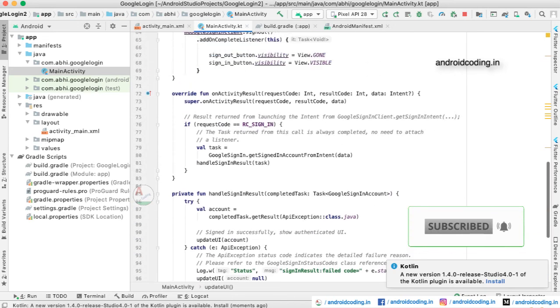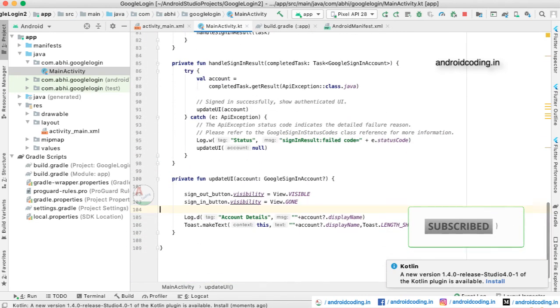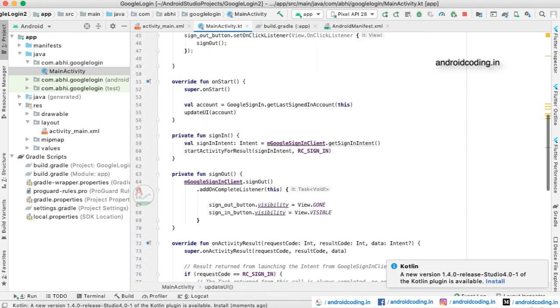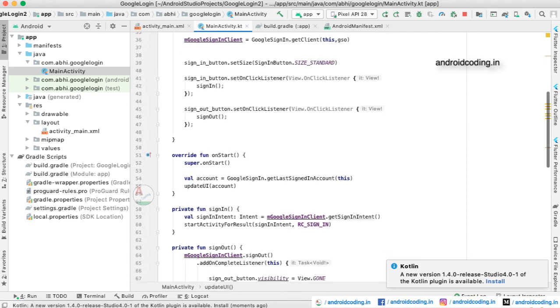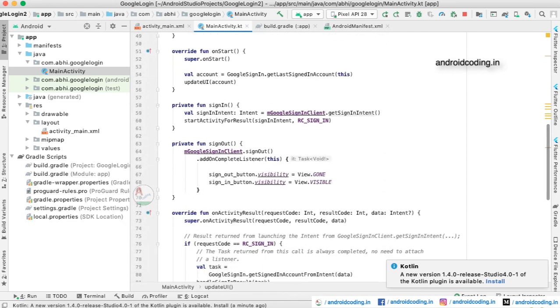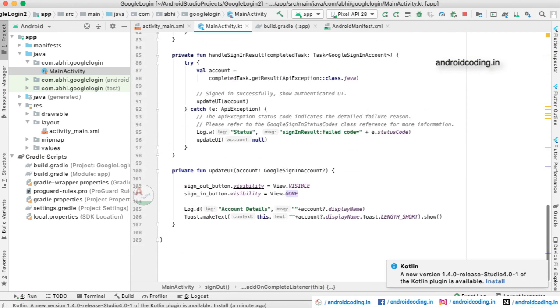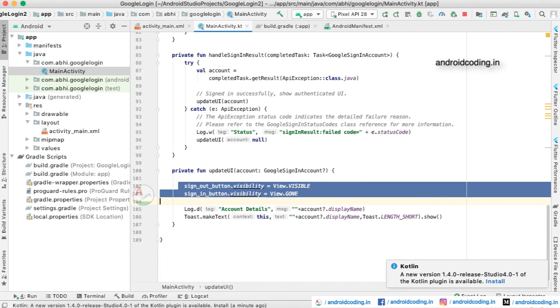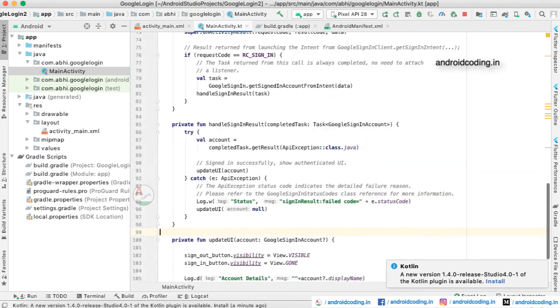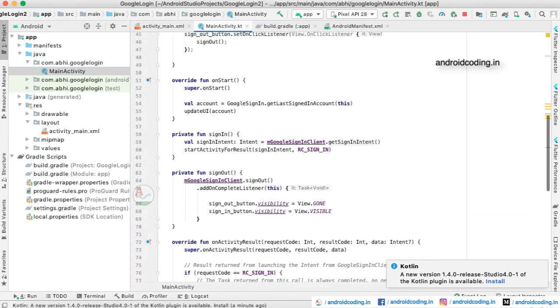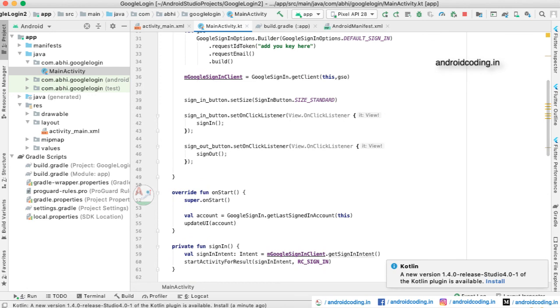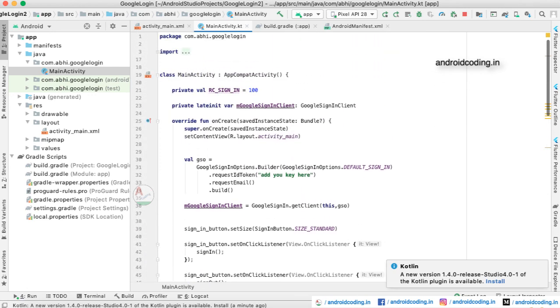After logging in, if you want to log out, you can tap on the sign out button, and here you can see the code for the sign out. One more thing you need to make sure: whenever you log out, the sign in button is visible and the sign out button is invisible, and vice versa when you log in. These are the prerequisites for making a Google login in your Android application.